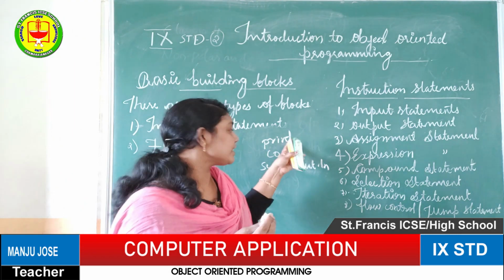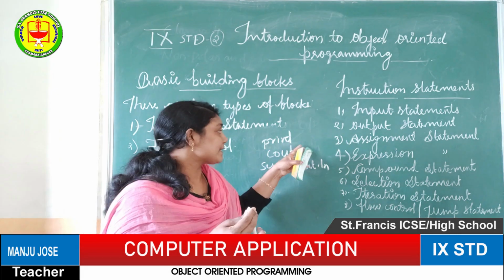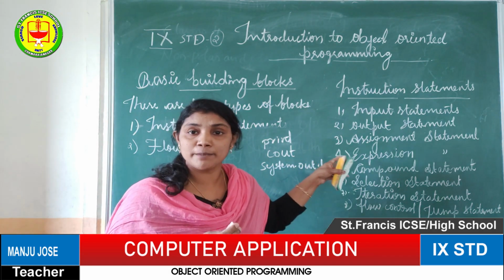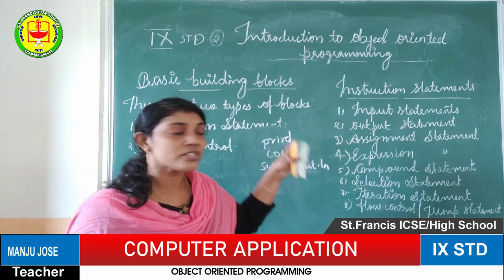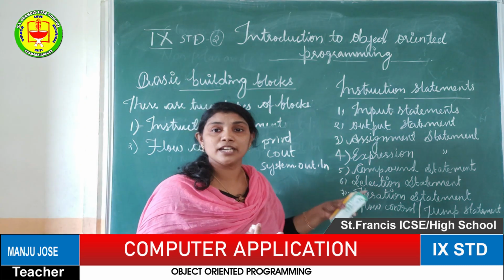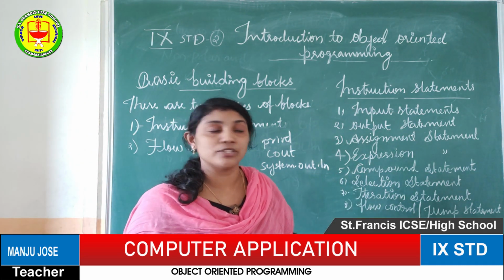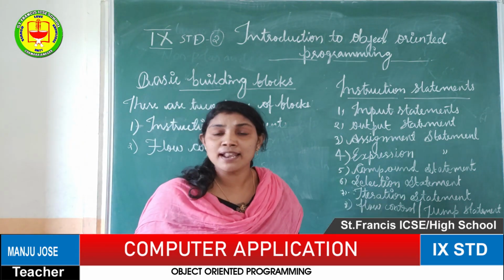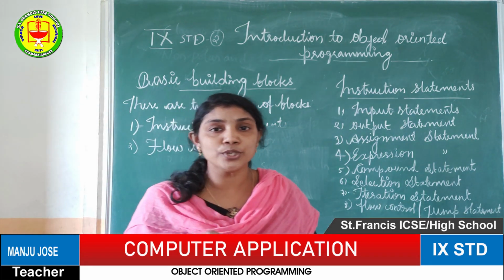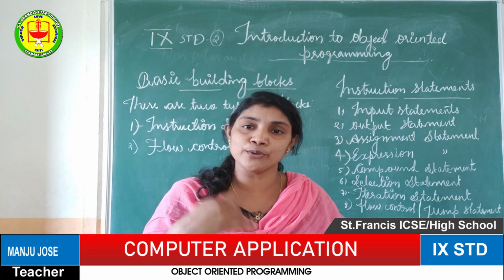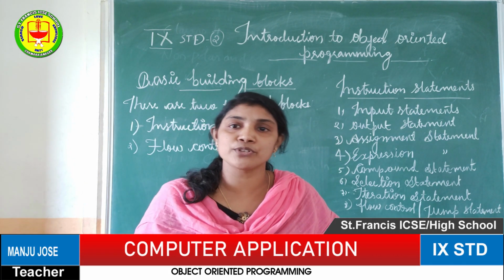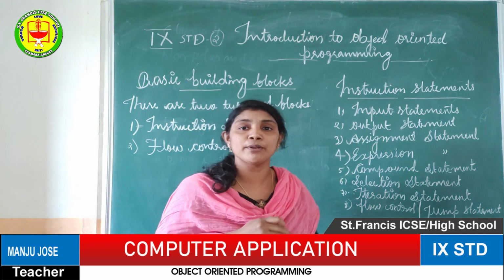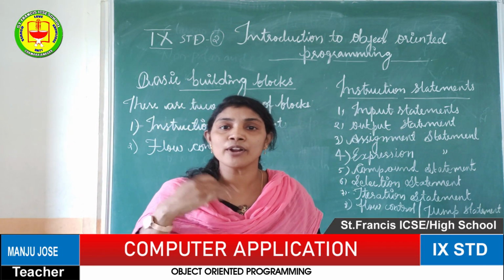So the first output command is represented by the C programming language. The second output command is represented by the C++ programming language. The third command is represented by the Java programming language. So this is the example for the output statement. Moreover, we can say the output statement is used to get the output while executing the program, or after execution of the program. With the help of the output statement only, we are getting the result or output.